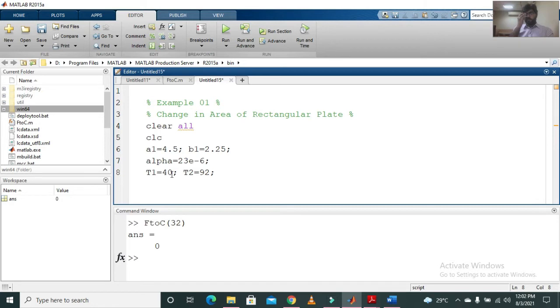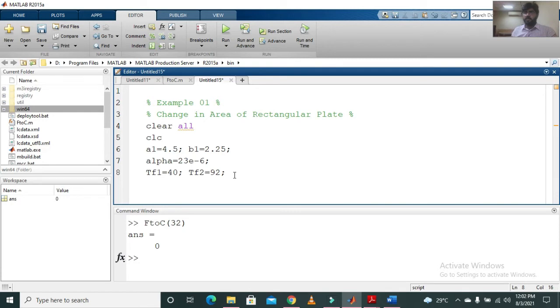Now obviously these temperatures are in degrees Fahrenheit, so we will first have to convert these temperatures into degrees Celsius. Just to make some difference, I'm entering TF1 and TF2 over here. You can use any other name.